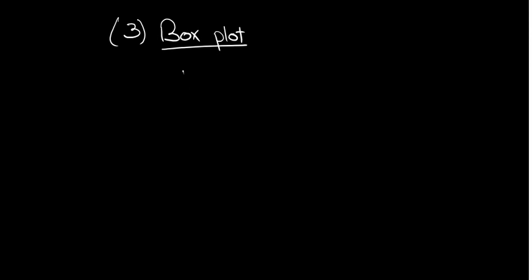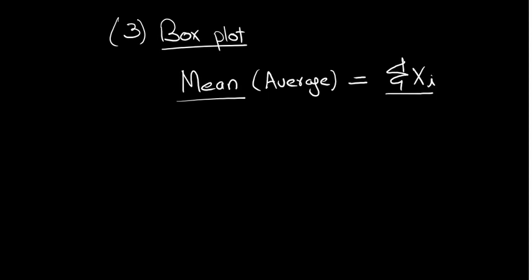For example, mean. So what is mean? Mean, also called the average value, is defined as the sum of the observations divided by the number of samples. So that is how you define a mean. The mean is defined as the sum of all the observations divided by the number of observations. I will choose another set of observations which is connected to the diameter of a pipe or something like that. The diameter of the pipe is measured in mm.